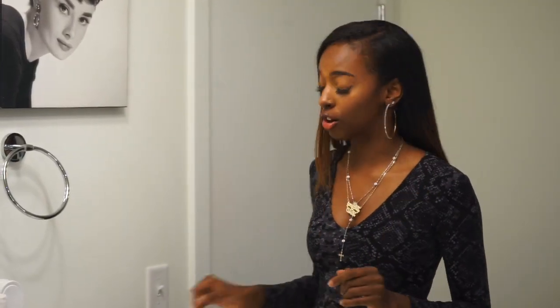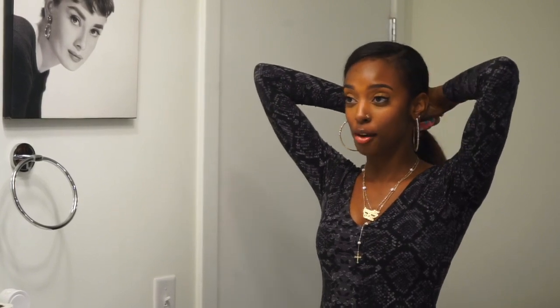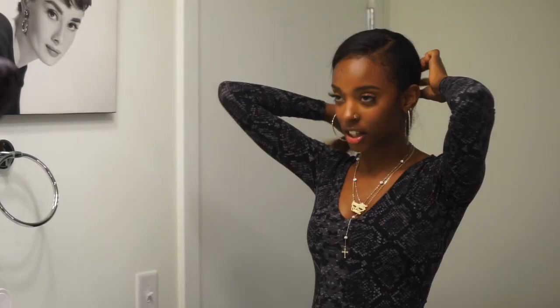tuned. Alright, so first things first, I like to start off with putting my hair back with my little scrunchie here. I actually just straightened my hair recently and I don't have time for it getting wet, so we love a good scrunchie. Next, what I do is I don't like too much of my makeup to actually get into